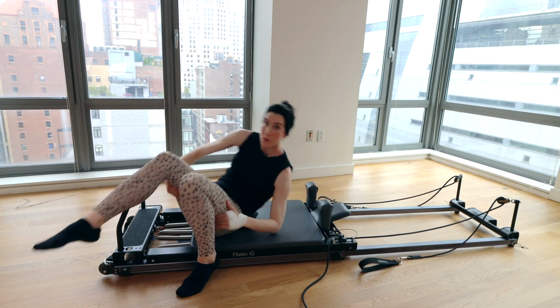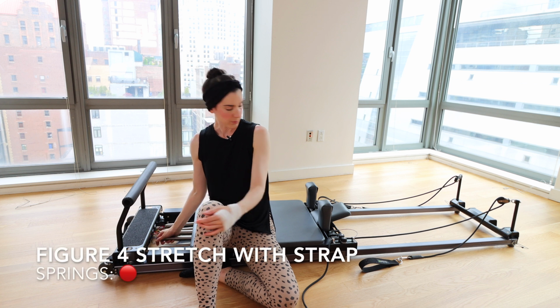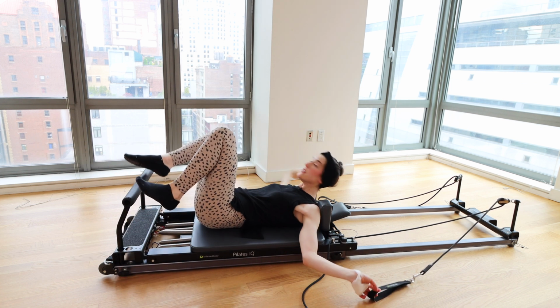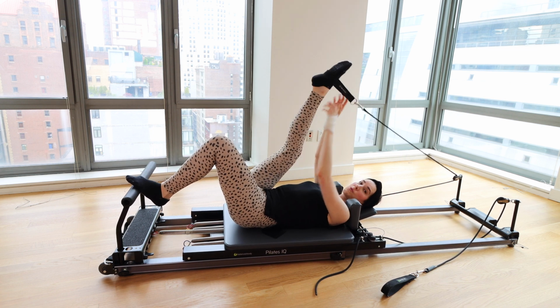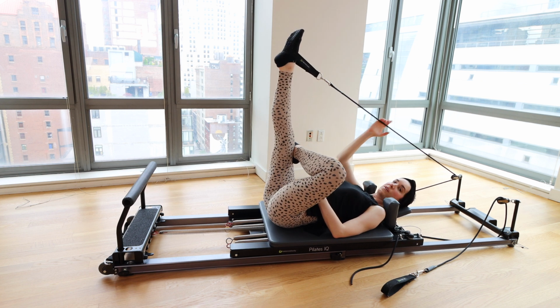Next, we're gonna go for one last glute stretch. So we're gonna flip onto one red spring only. We're gonna come back to lying on your back. We're gonna place the right strap onto the right foot. So the right leg will go up toward the ceiling, and we're gonna cross the left leg over the right